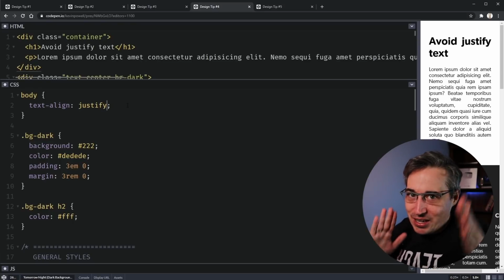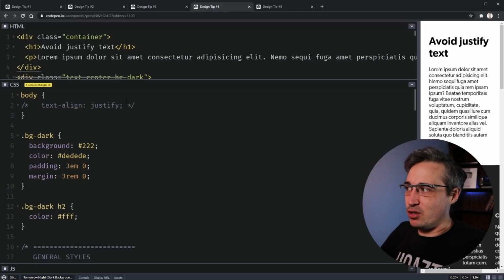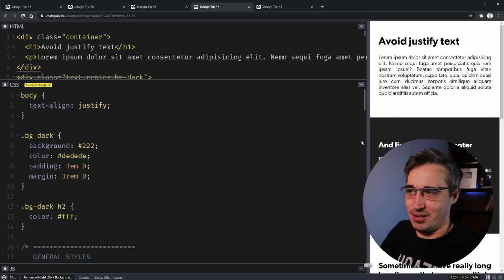Yes, you get nice clean edges, but if you're not hyphenating text, you're not allowed to justify text. In most design software that allows for it, hyphenation and justification are in the same part of the settings, because you need both of them working together to get it to work properly and to avoid this really awkward stuff. So avoid using text-align justify. Just don't use it.